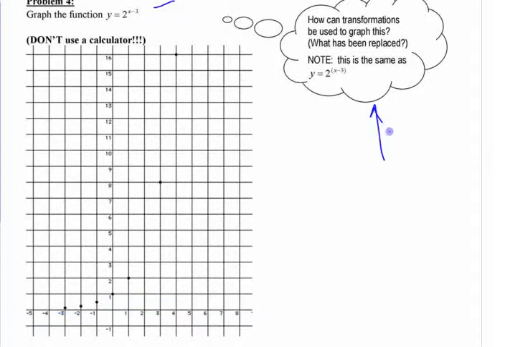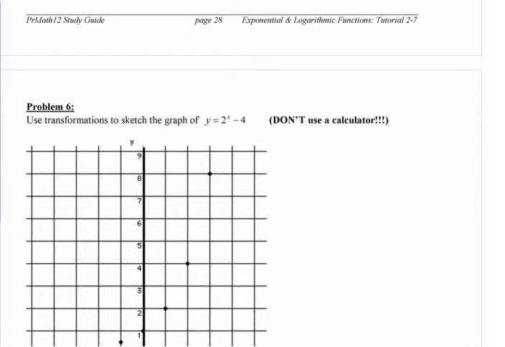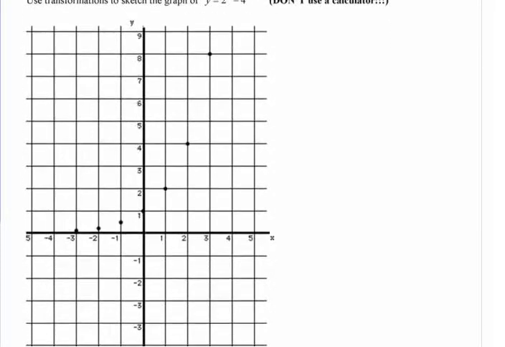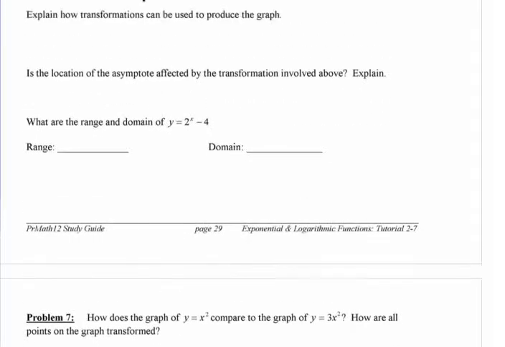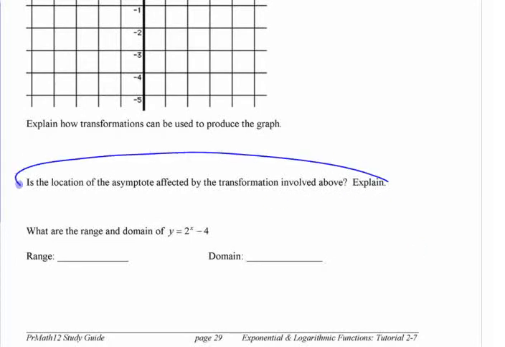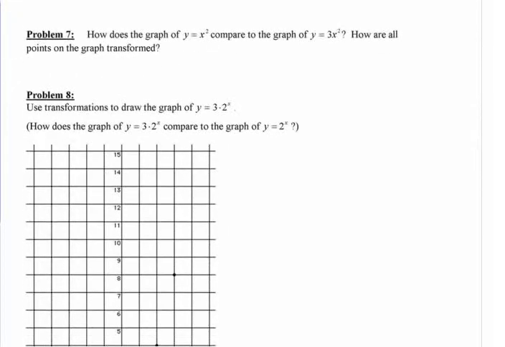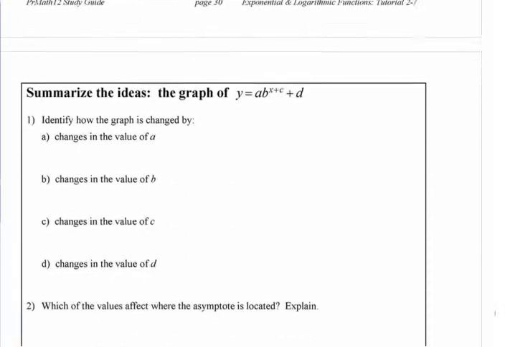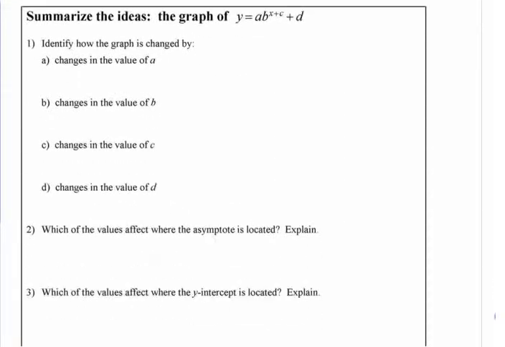I put some little thought bubbles in here for you. There's lots of pages because everything takes up so much space. You're not using a calculator. Think about what changes the asymptotes, the domains, the ranges, all those transformations. And then we're going to kind of summarize this. You can try and summarize it yourself for what each of those do. But we can summarize it later as well. What we're doing today is you're going to spend a bit of time on that, and then I'm going to let you do this quiz that I've been